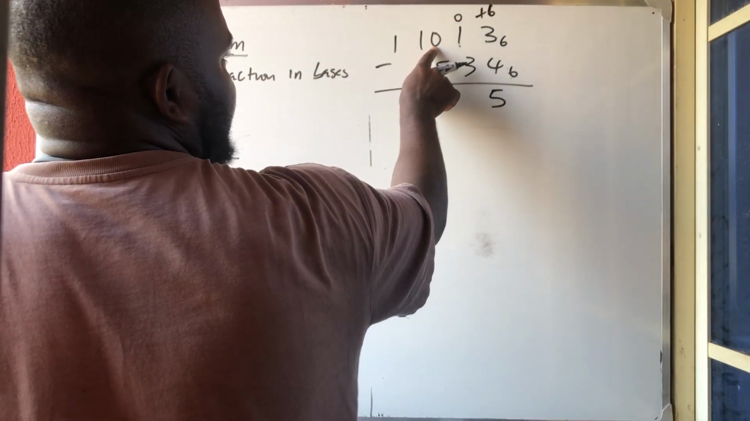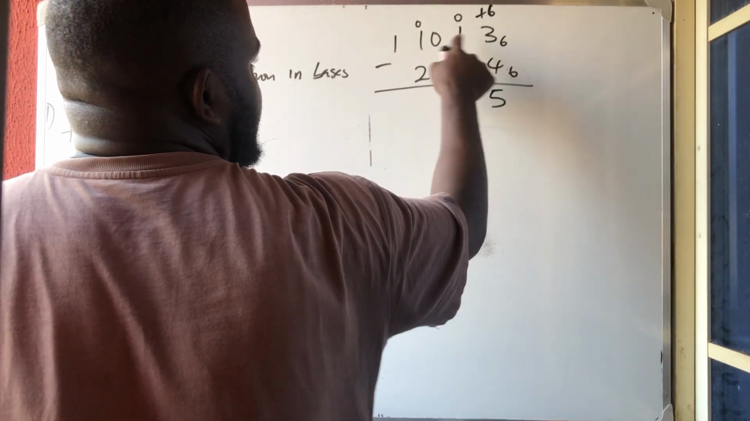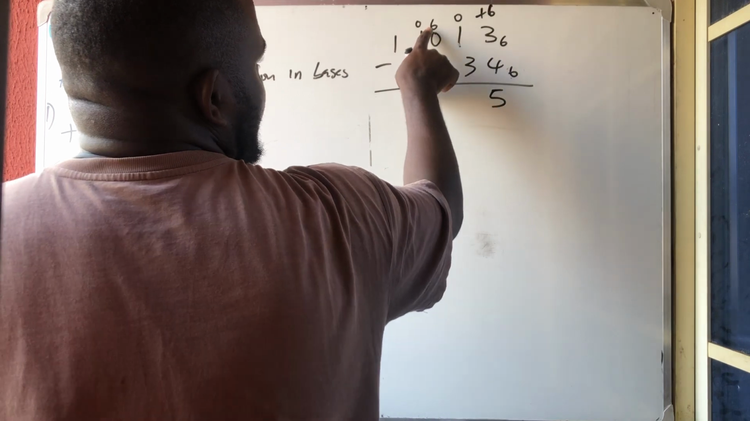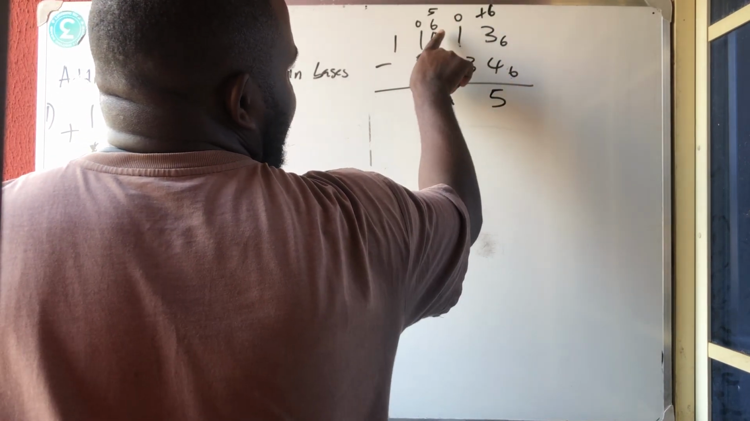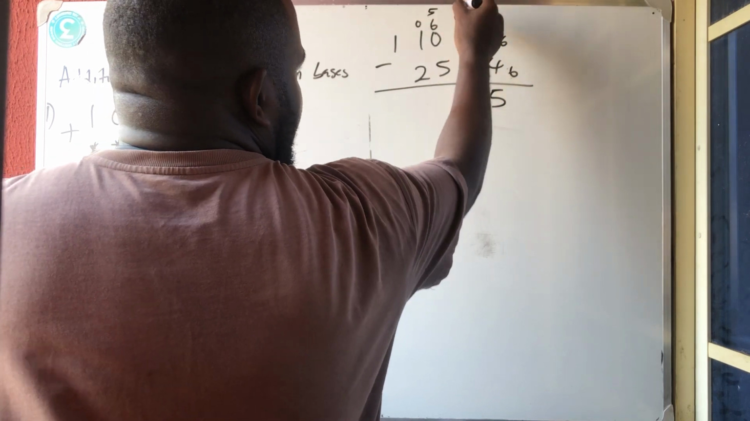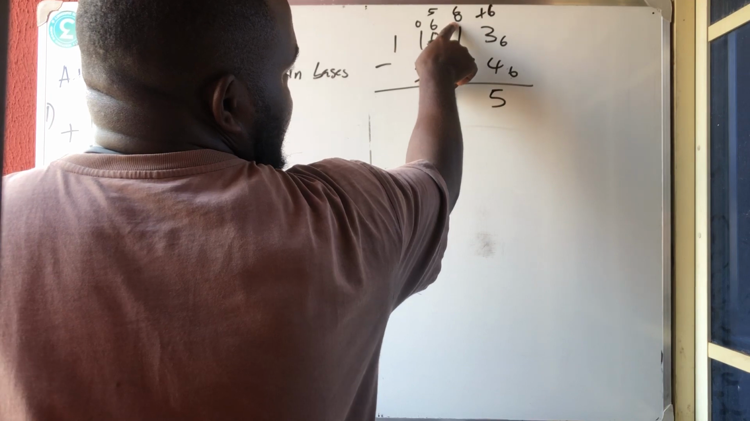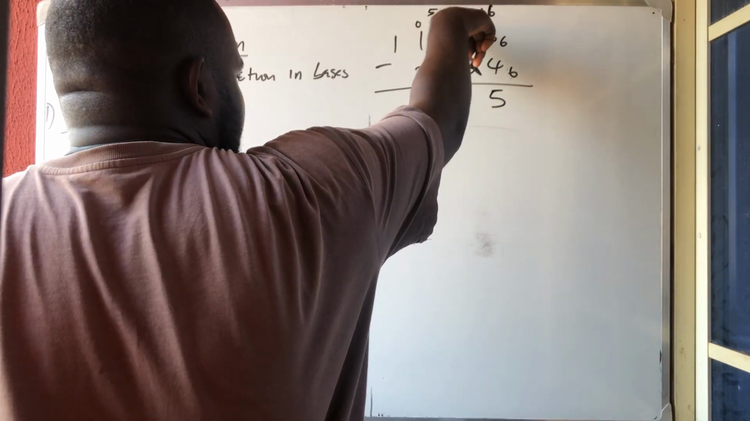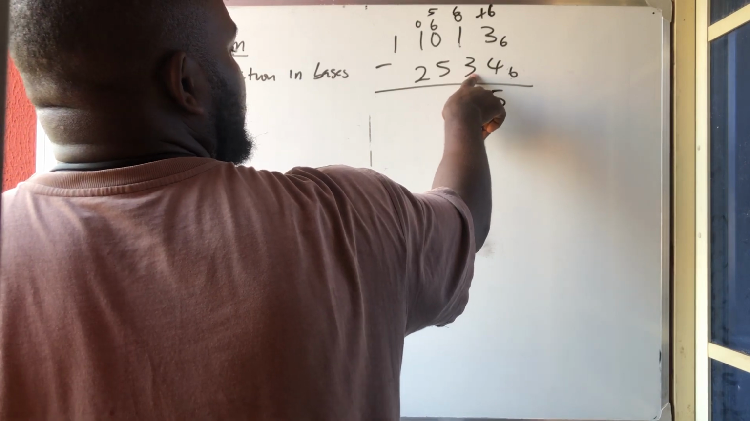So I cannot borrow from here. I borrow 1 from here. 0 is remaining here now. If you borrow 1 from here, you call it 6. So here will now be 6. If you borrow 1 from here again, here is remaining 5. And put it here. Remember, anything you are borrowing, you are calling it 6. So I'm having 6 here, okay? 6 plus 0 is 6. That 6 minus 3 will give you